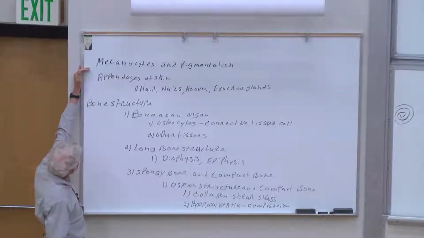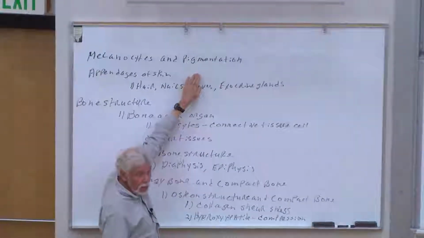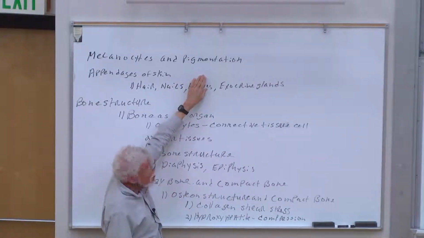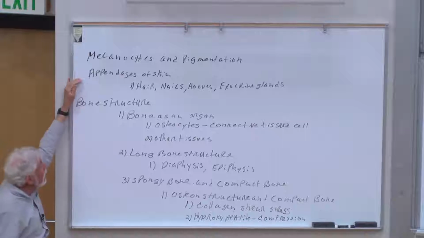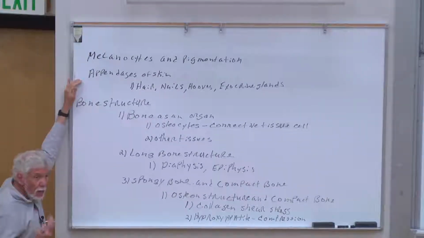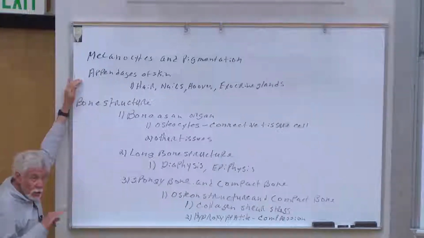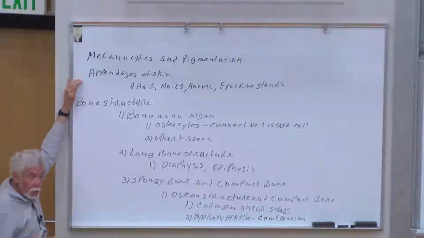I want to tell a short story on melanocytes and pigmentation, where the melanocytes come from, and why there's variability in the human population. And then we'll talk a little bit about appendages, because when you think about skin, there's a modification of keratinocytes. The story that we learned last time about the organization of the dermis and the epidermis